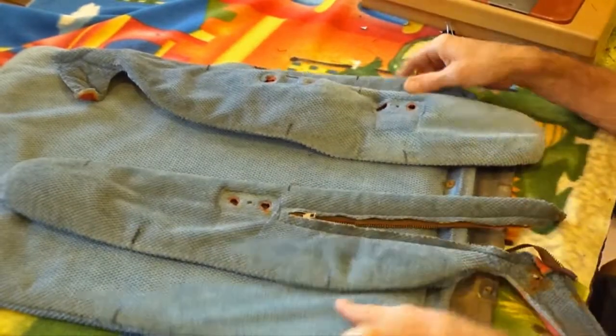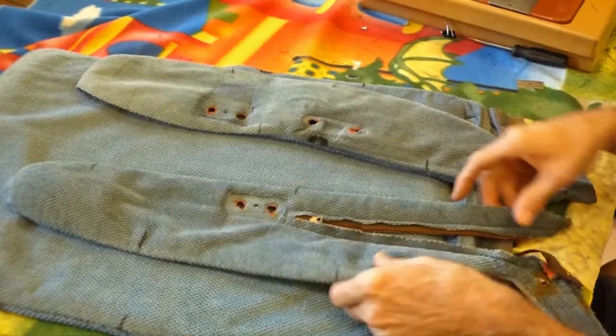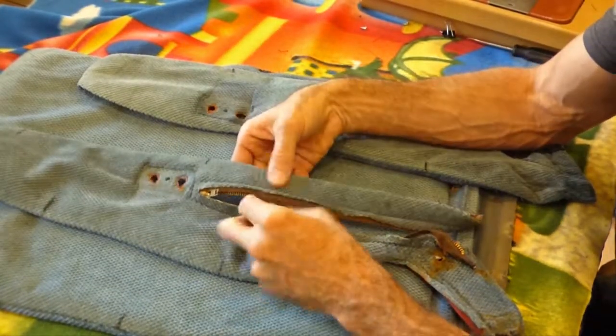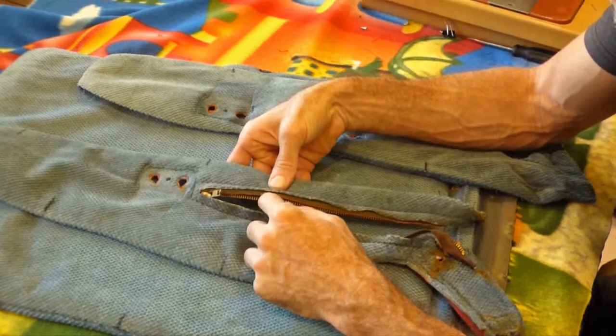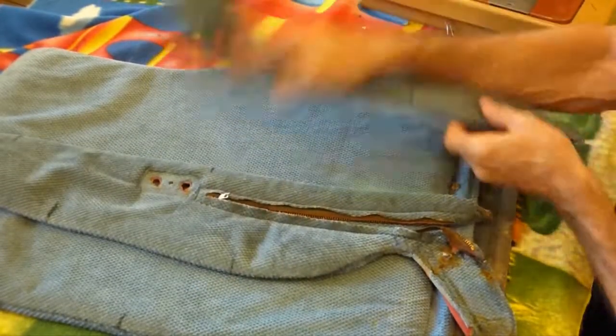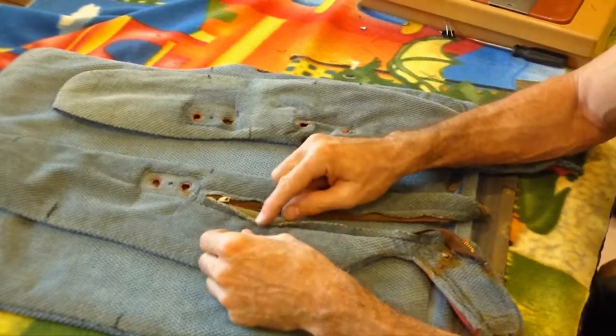Alright, so the other pieces are cut out now. Goes kind of like that. And I'm going to try to improve upon this zipper design. From the factory they just sewed it together like this piece here and then cut the hole and sewed the zipper in. But I'm going to try to put an